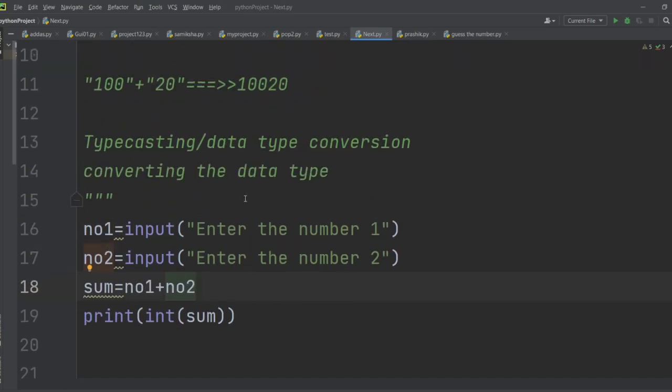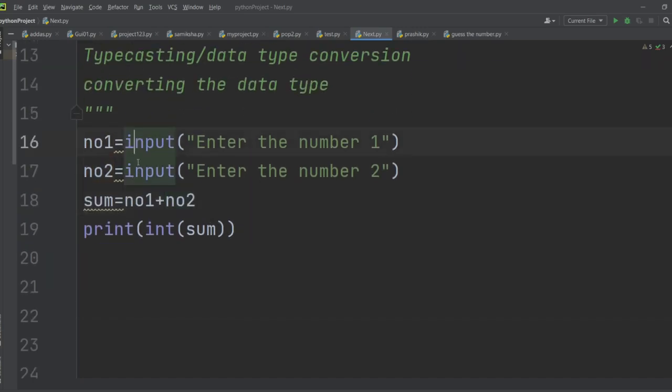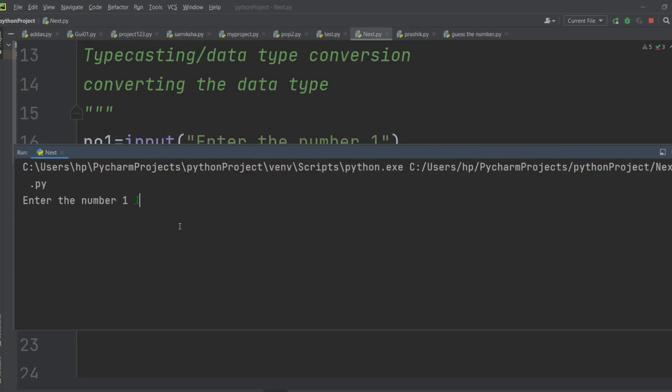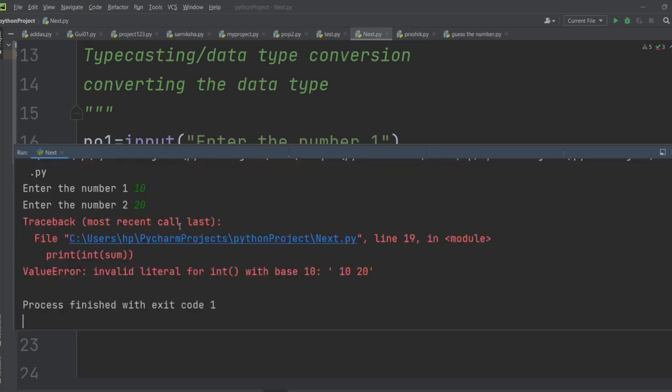So see, what is the main thing here? We are doing number 1, number 2, and we are doing sum here. So it will concatenate number 1 and number 2. It will not give 30. If you pass 10 and 20, you will see